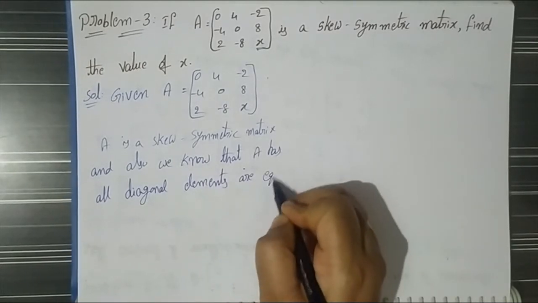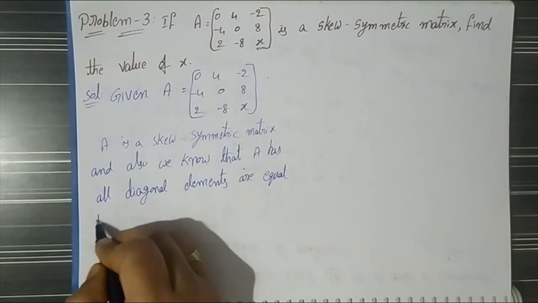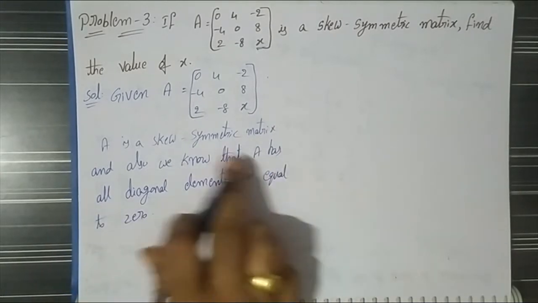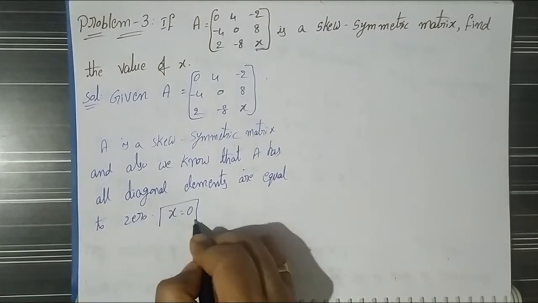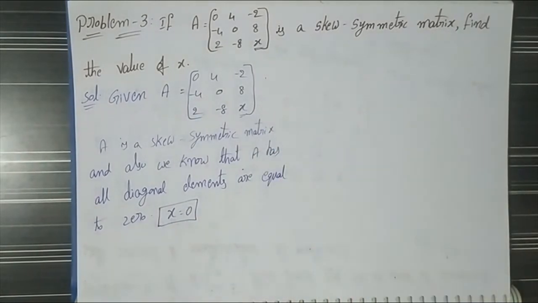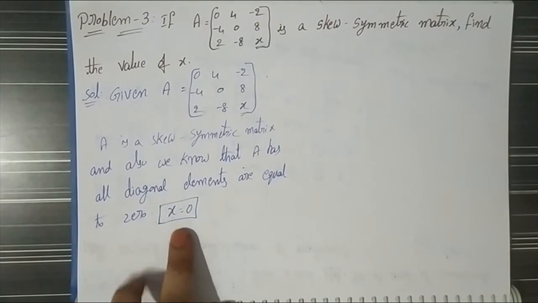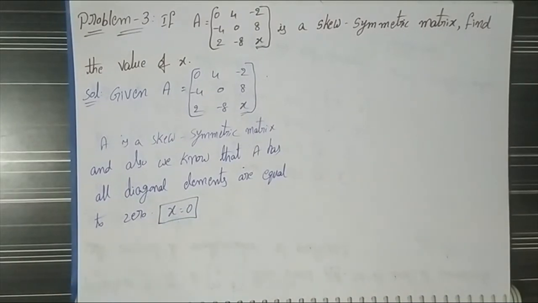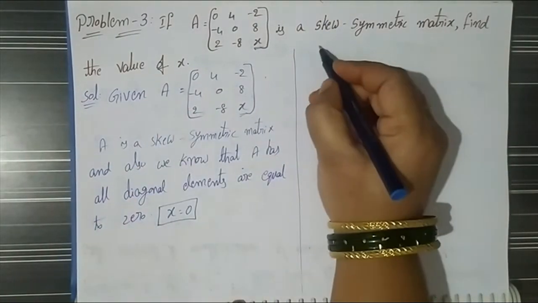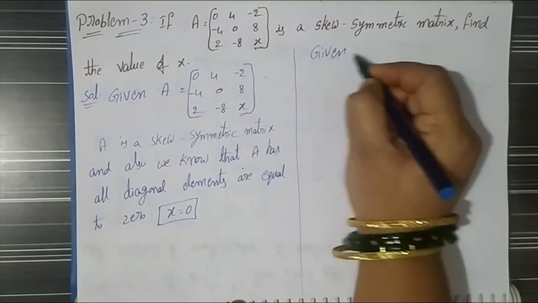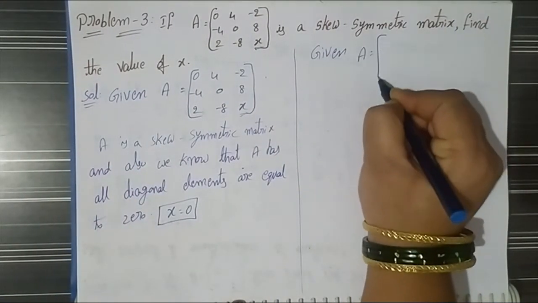Elements are equal to 0. Because A is a skew symmetric matrix, x equals 0. X is one of the diagonal elements, so it becomes 0. This is one method. And the second method is, first write down the same given matrix A equal to